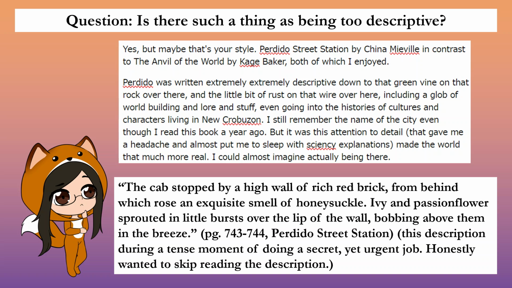Perdido Street Station by China Miéville, in contrast to The Anvil of the World by Kage Baker, both of which I enjoyed. Perdido Street Station is an adult dystopian urban fantasy with some